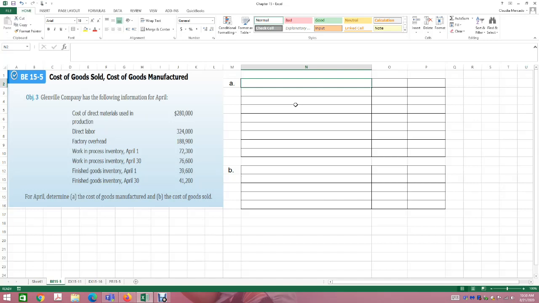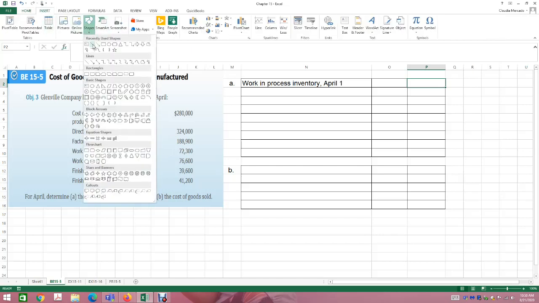So what's going to happen this period in April? We're going to finish them. We want to make sure that those goods that were started last month get finished this month. So what can we do with them? We can sell them. So our starting point is going to be our work in process inventory, if you have any. Some companies will have work in process inventory, others will not. But if you have work that was started the prior month and we're going to continue it this month, that is going to be your starting point. And in this case, our work in process as of the beginning of the month is $72,300.